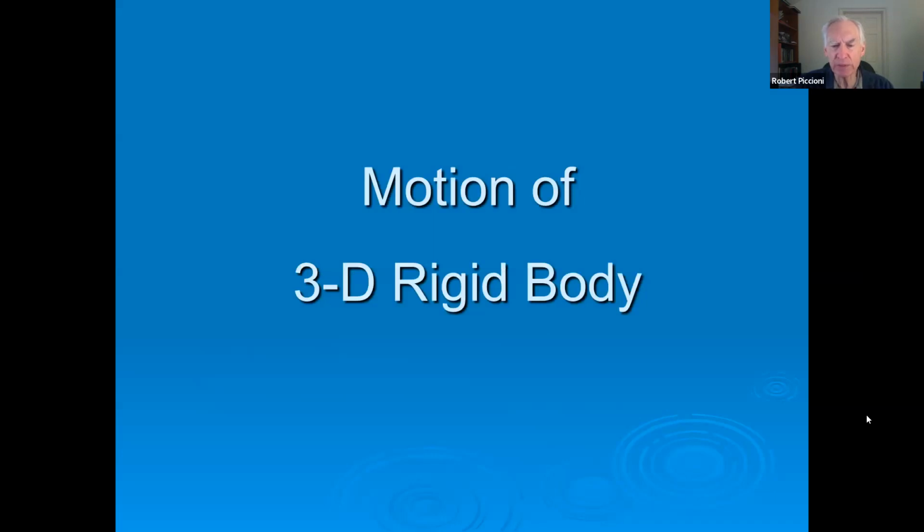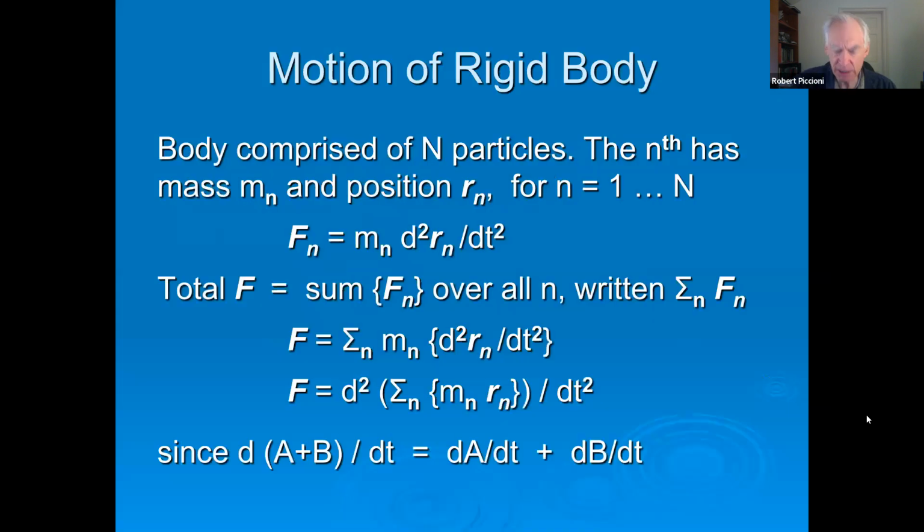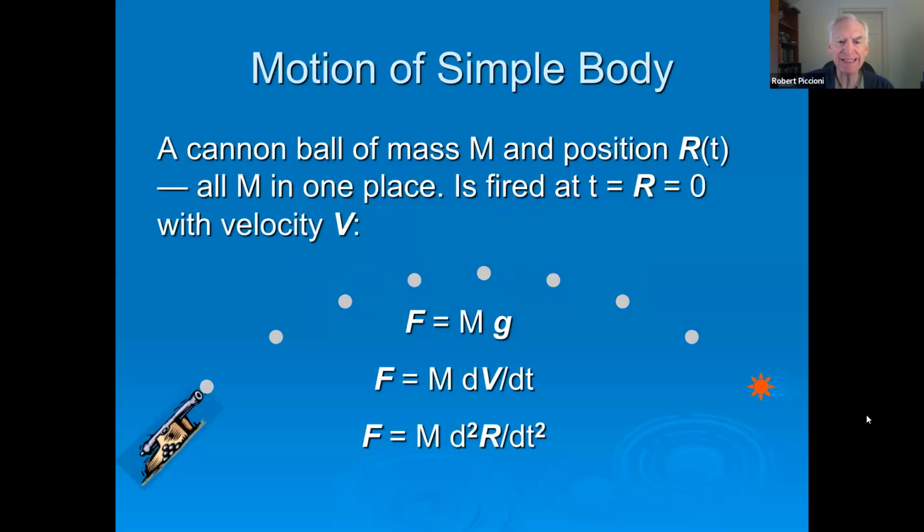Okay, so let's talk about the motion of 3-dimensional bodies. We have in the past talked about motions of bodies, and we weren't very specific, but really what we were analyzing, for instance, in the trajectory of a cannonball that we talked about, was the motion of an object of 0 dimension, of 0 size. So Newton's laws really fundamentally pertain to a point particle. And we sort of ignored that issue because obviously a cannonball or any other macroscopic object is not a point